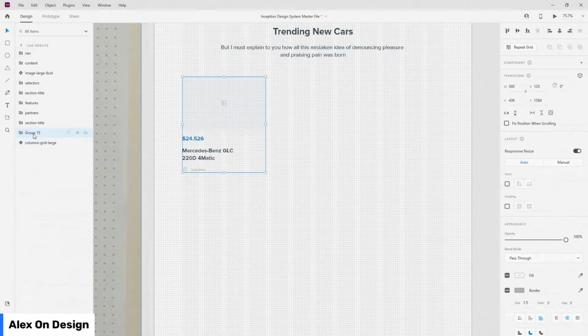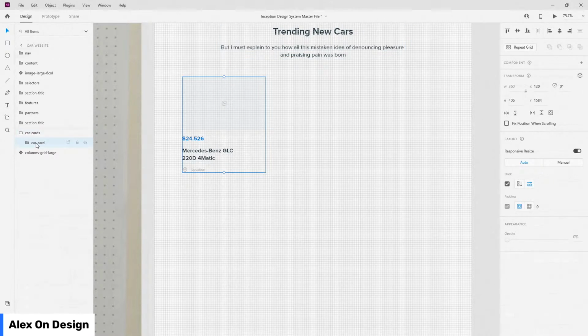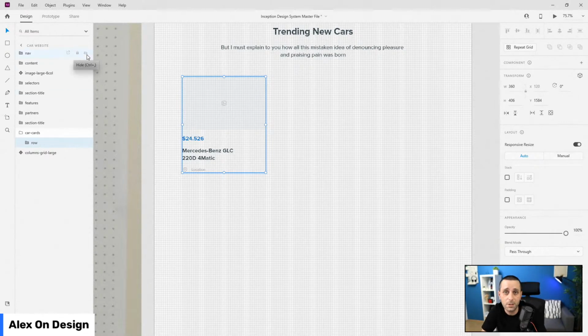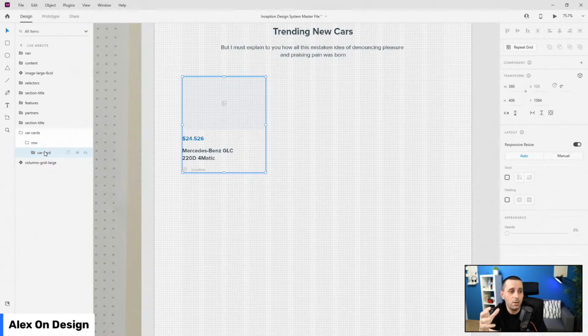Let's group this car card into car cards. So let's refresh it, car cards, like so. Let's use a stack on it. And for this top one, what I'm going to do is put this in a group and call it row. Because later on, if you decide to code this, and hopefully in the future we are going to use Webflow, because the website I showed you, the landing page, is created inside of Webflow. So when you're creating these, maybe we can give this a combo class row, for example, so it's much simpler to work just with one item and then simply group it like I'm doing here in